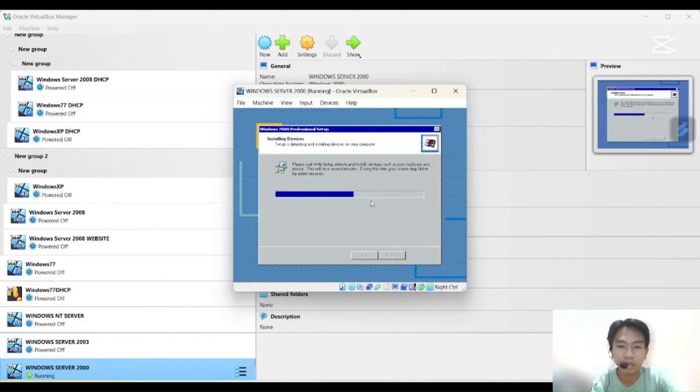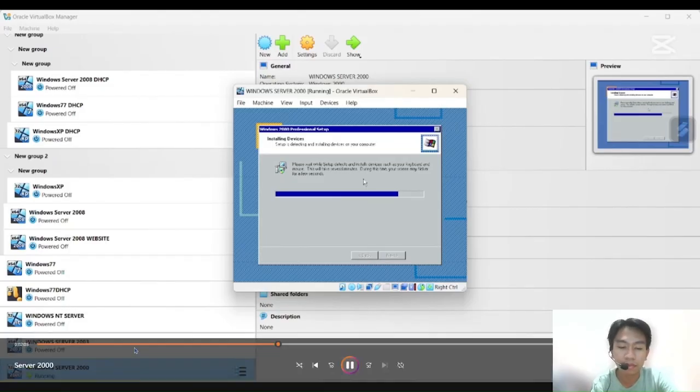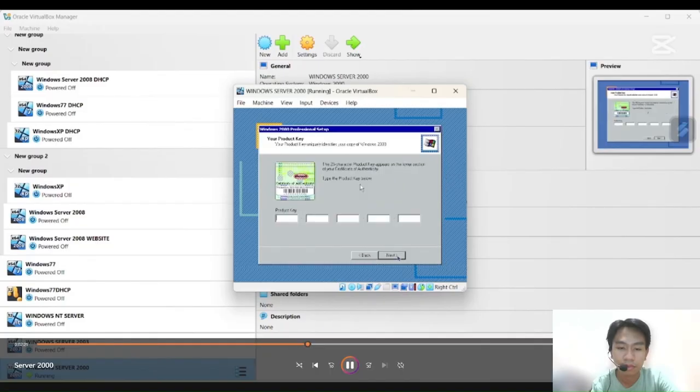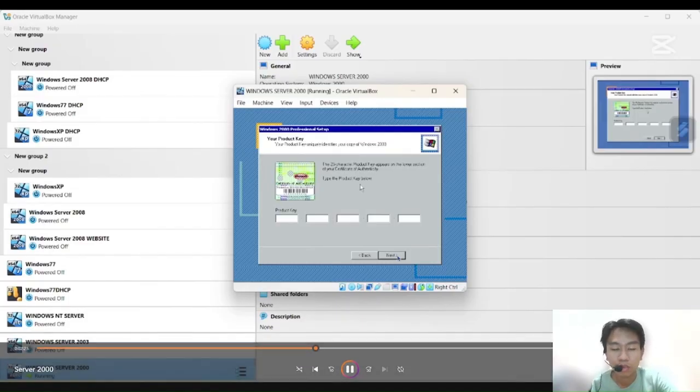Then just wait until it finishes the installation. Then it will require you to input a product key.